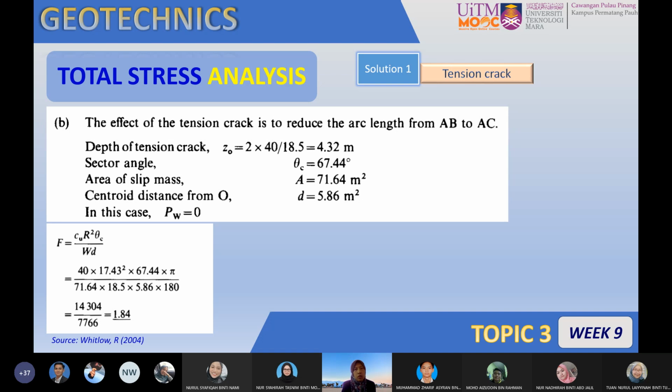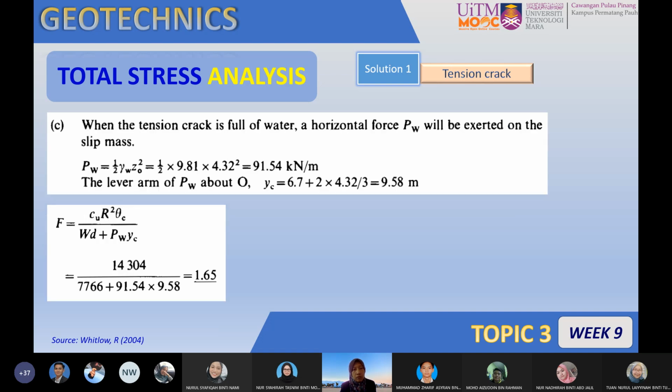And the next case is where we have a tension crack full of water. At this time, you need to calculate the hydrostatic force PW. The PW is taken from the formula: half times gamma water times Z naught to the power of 2. So the calculated hydrostatic thrust is equal to 91.54. Then you need to find the YC, which is 9.58. Substitute into this formula, you can see that the FOS is